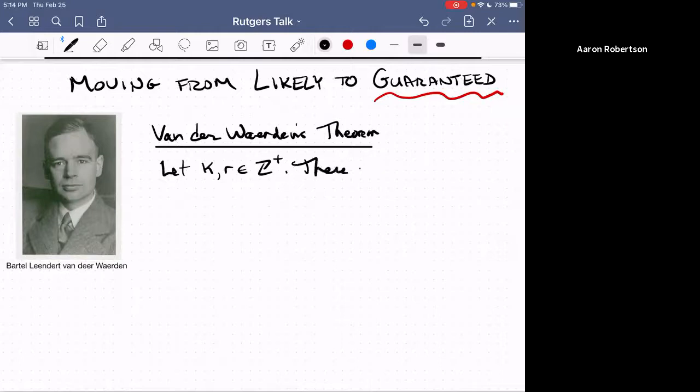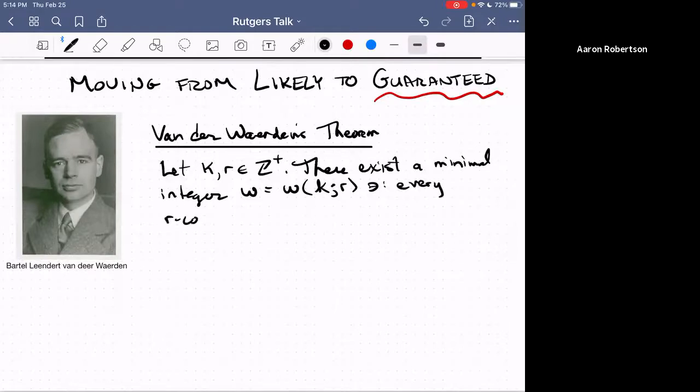There exists a minimal integer W, so this is based on K and R, such that every R coloring of the integers, and I'll use 1 through W, but it's any W consecutive integers,